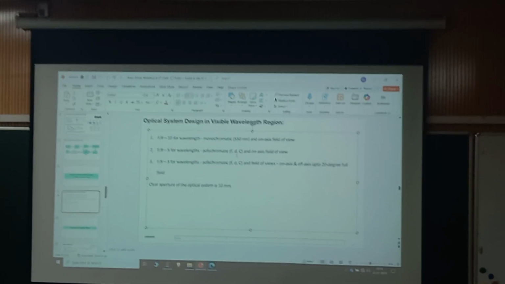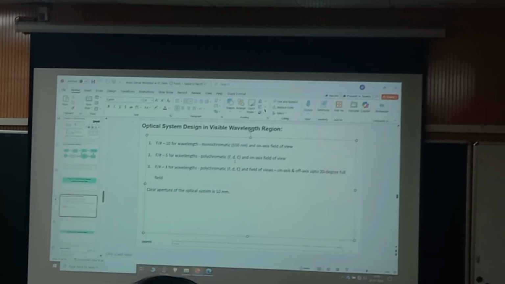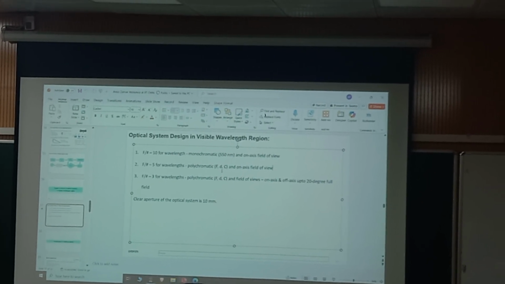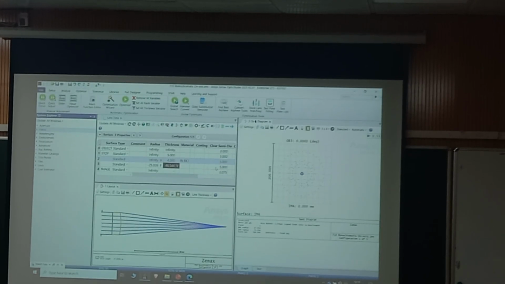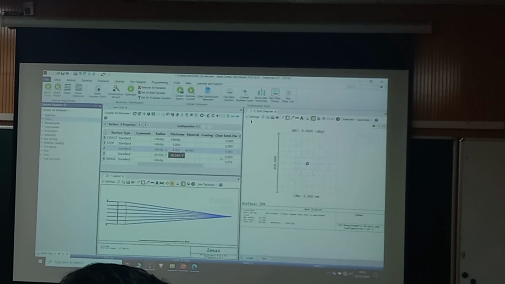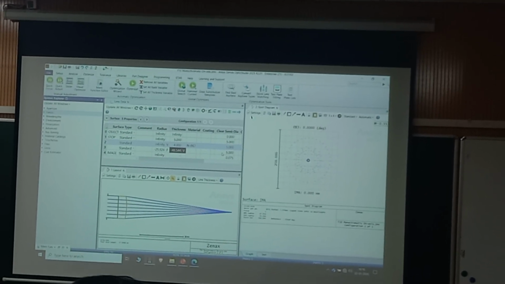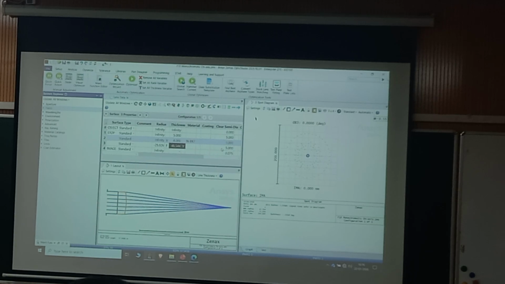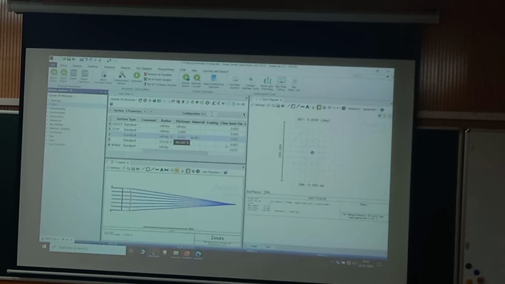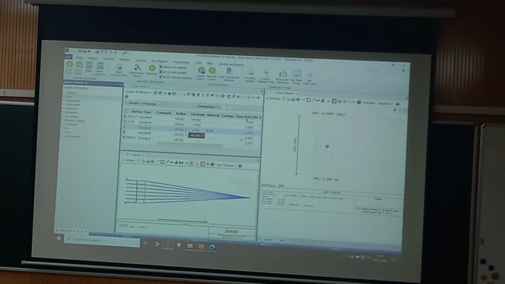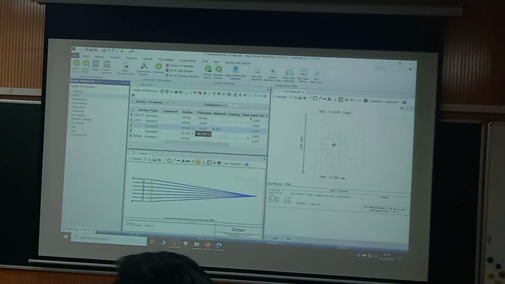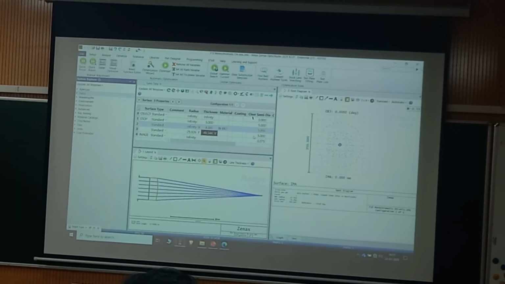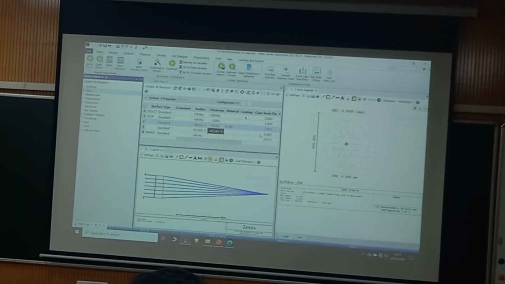The second problem statement says we are going to design the lens of F number 5, and it is going to be polychromatic, on axis but polychromatic. I've said FDC. So can anybody tell me what these FDC wavelength values are? 640? Incorrect. 480? That's HeNe. 486, 588, or 656.